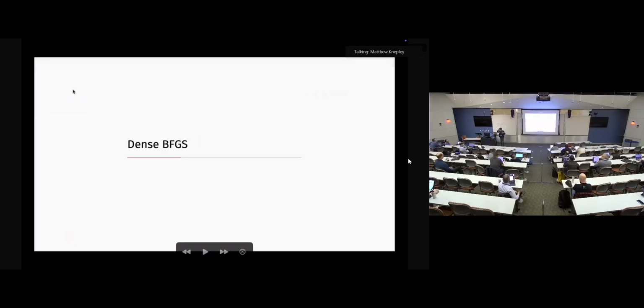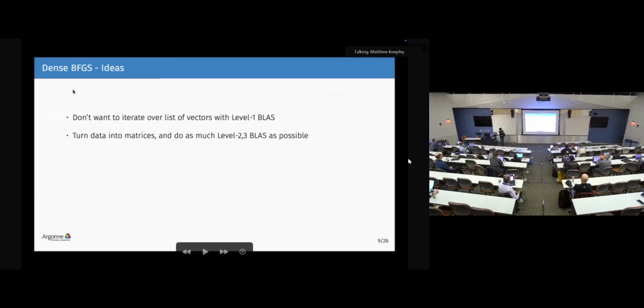Okay. So then I'll talk about dense BFGS. What do I mean by dense BFGS? Like I said before, because of its inefficiency, we don't want to iterate over a list of vectors with level 1 BLAS. Instead, we can turn the data into matrices and do as much level 2 and 3 BLAS as possible. Simple in theory, but